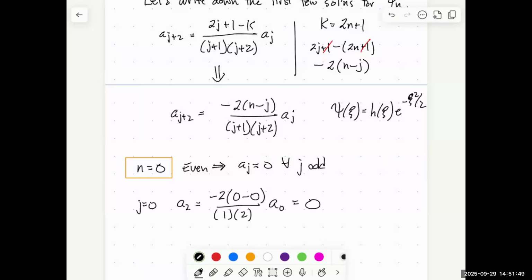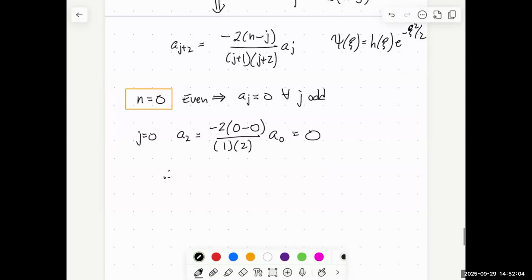So if a2 is 0, then by default a4 is going to have to be 0, because a4 is determined from a2, and a6 is determined by a4. They're all going to be 0. And so, therefore, H0 of z is just a0. And we could write down our wave function, our stationary state, psi of 0 is just a0 e to the minus z squared over 2. This is identical